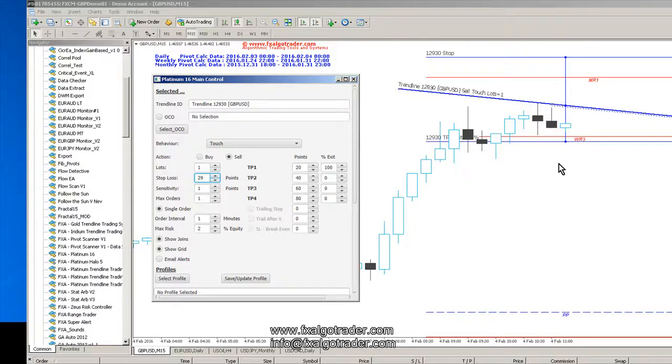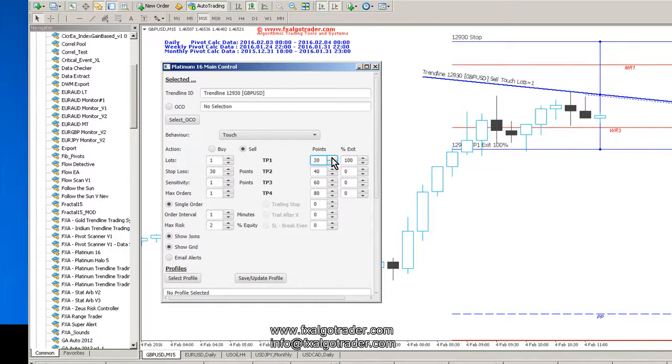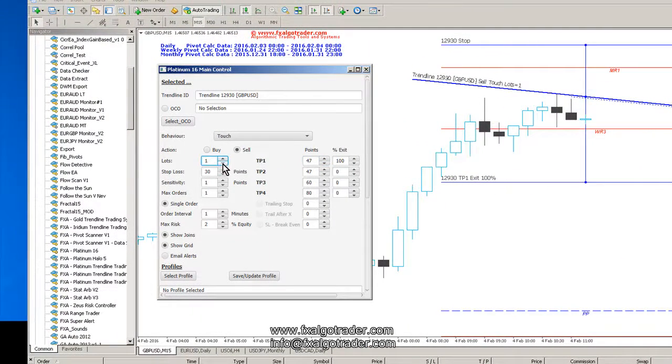But in the same way, we want to control our risk reward, and what that means is that if we risk 30 pips, or 29 pips in this case, we want to make sure that our profit level is satisfactory to make sure our risk reward is suitable. And so we may want to make our risk reward equal 1 to 1, so we risk 30 to make 30 pips, or we can obviously set that to more if we want. So I can adjust this out to a lower level if I think that the price action may reject from this level properly. And I can also define the number of lots I want to trade with the spinners here,